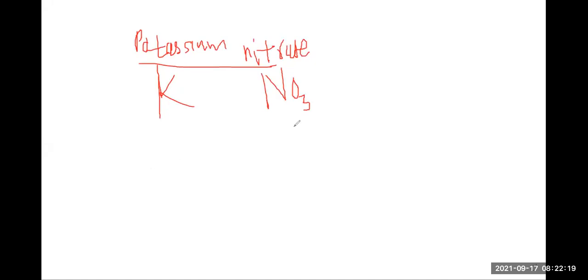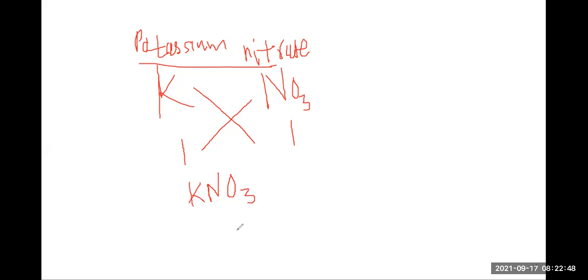Okay. So when we are going to write, we see that both have only one valence electron. How many? One. NO3 minus here and K plus. So we can do cross multiplication directly. You have to write stepwise, I am writing directly. So here you will get KNO3. Got it, everyone? How to write this chemical formula?